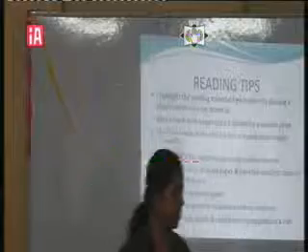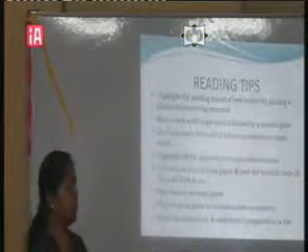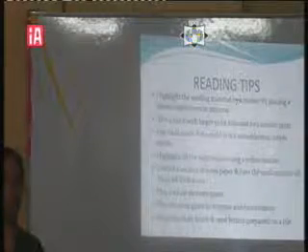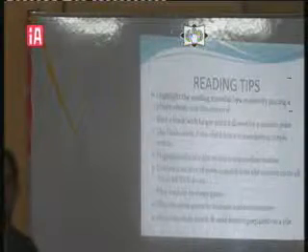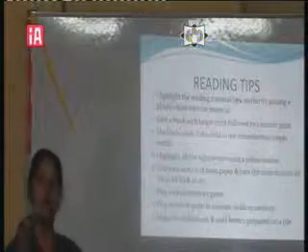Then cut out a section of newspaper and have the student circle all O's or all L's or all B's or all P's, whatever letter you want to choose. Give him a paper cutout and ask him to circle all those letters which you are mentioning. So what's going to happen with this? There should always be repetition with this so that the child learns it faster.